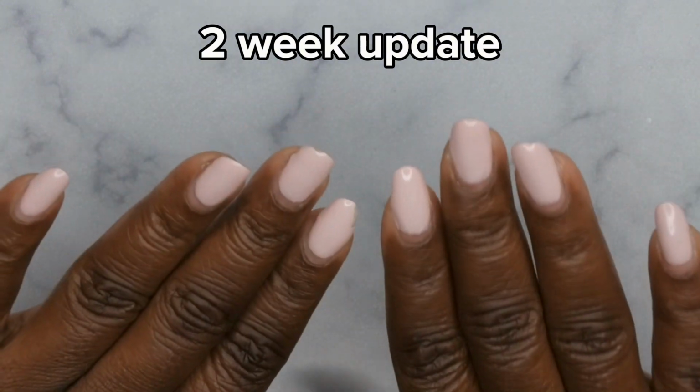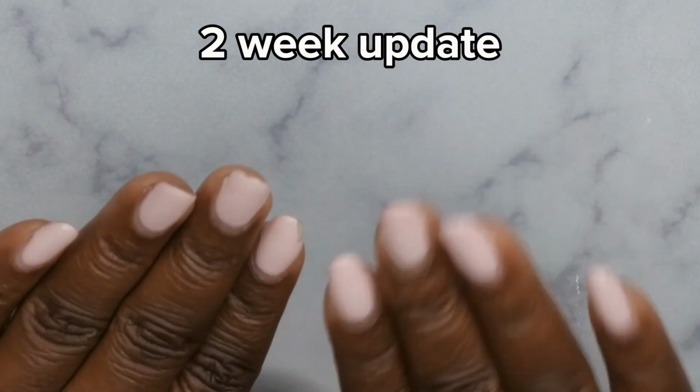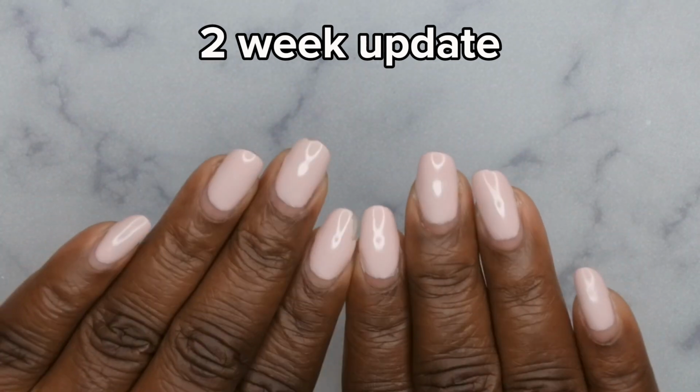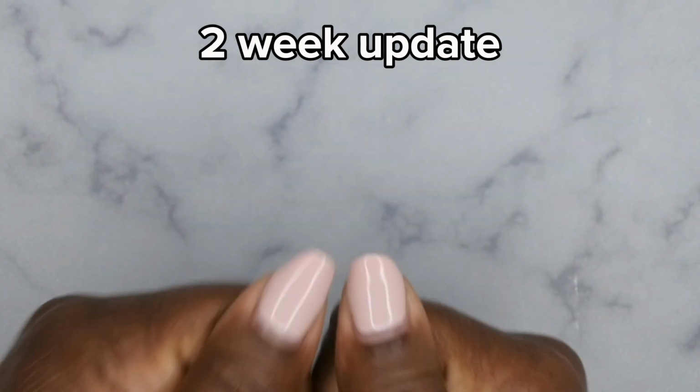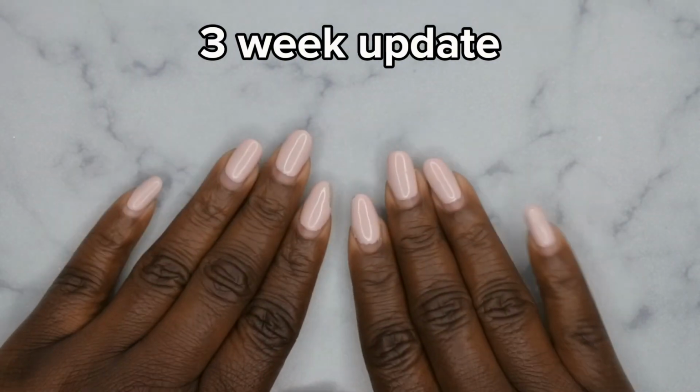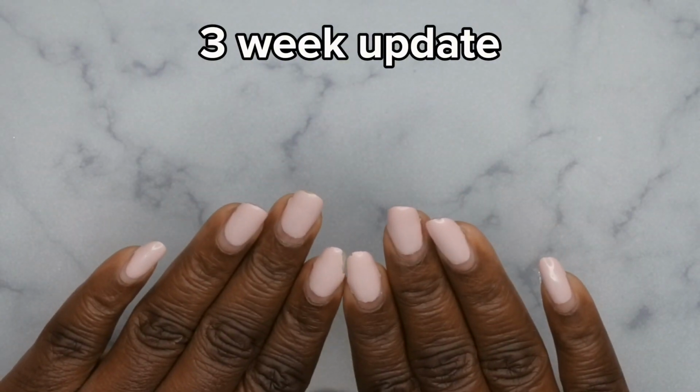I mean, it's just so easy to remove. It's like removing a sticker. So I'll come back at the end of this week, and I'll give you guys an update on how they're holding up after 3 weeks of wear, and show you all the removal process. So stay tuned. Okay, happy people, I am back with a 3-week update, letting you all know how this gel